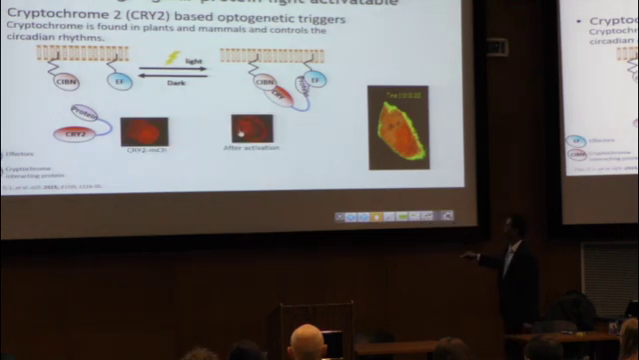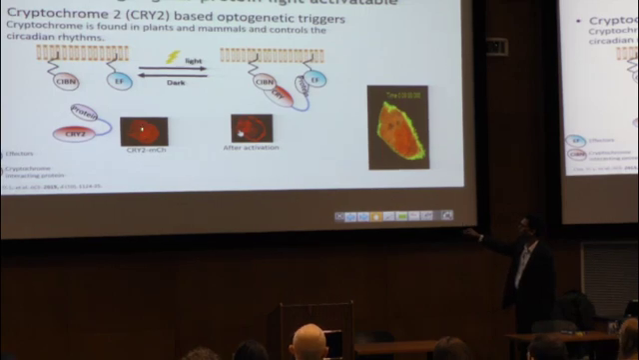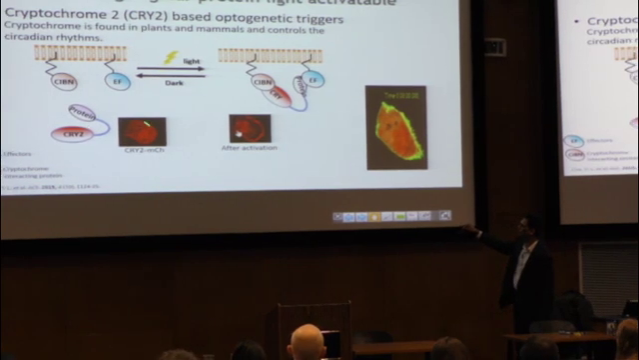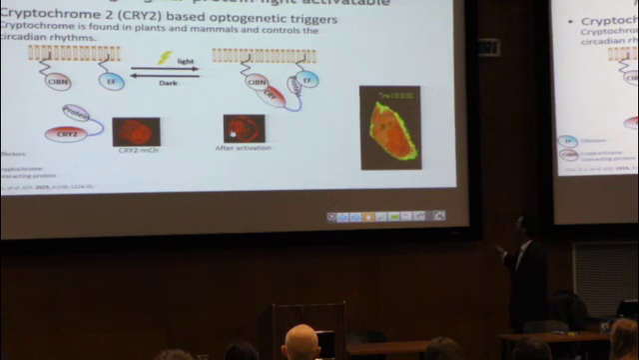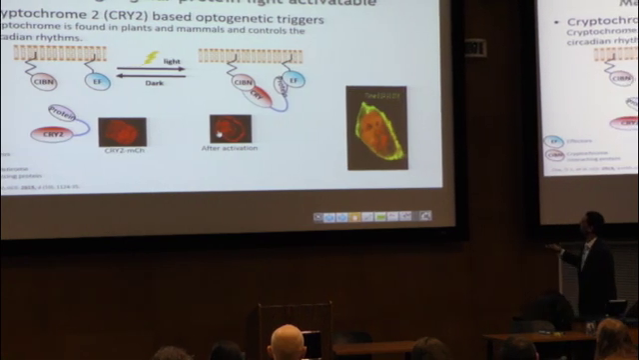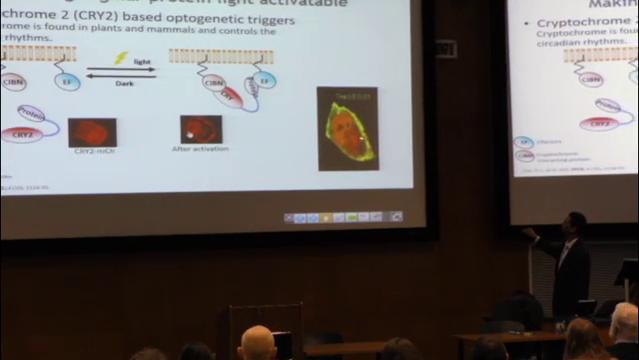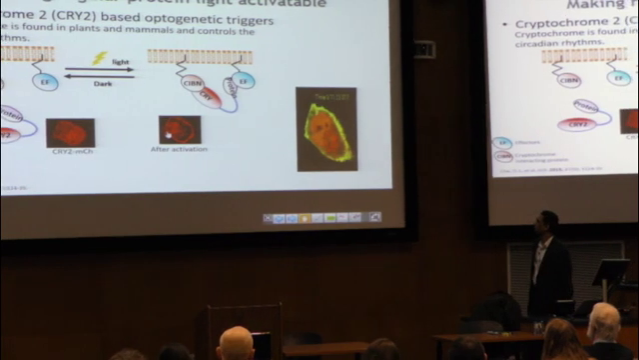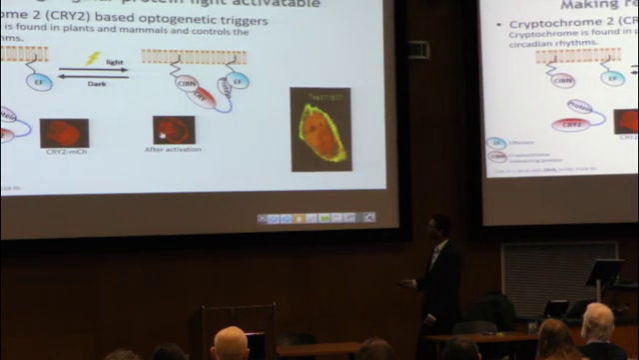If you look at this, this is CRY in the cytosol before shining blue light, and after shining blue light, now it moves to the membrane. So here is the real-time image. You shine light. At the beginning, it was all in the cytosol. Now it moves to the outside. So using this method,